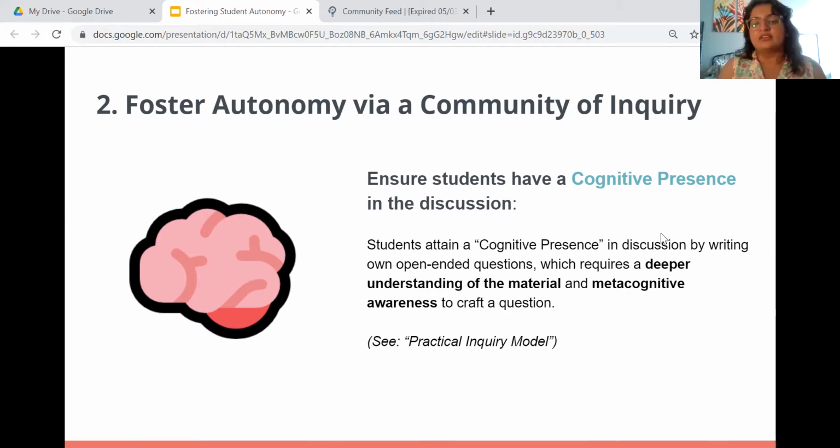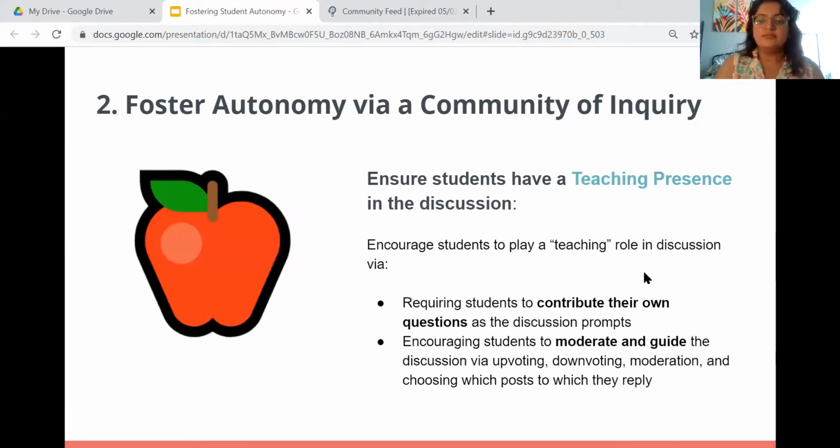Again, that metacognitive awareness is needed to craft that question. So it's a great way for students to continue internalizing the material deeper. And the last aspect is to ensure that students have that teaching presence in the discussion. So we want students to play that teaching role in the discussion by both contributing their own questions as the discussion prompts, but also